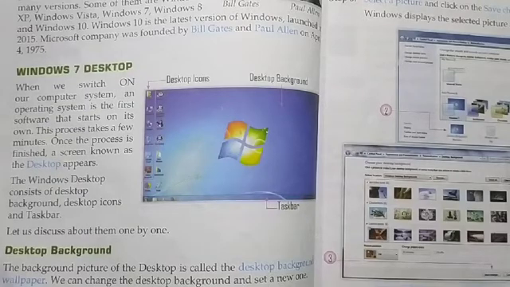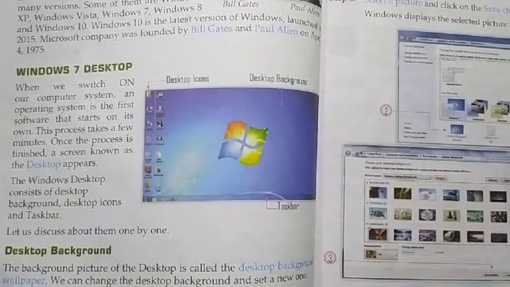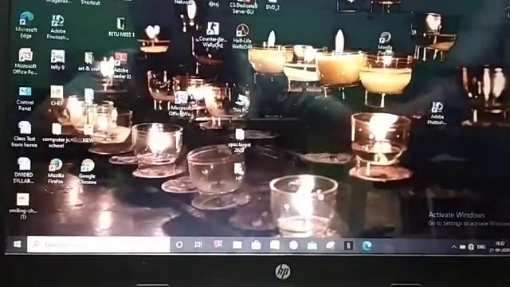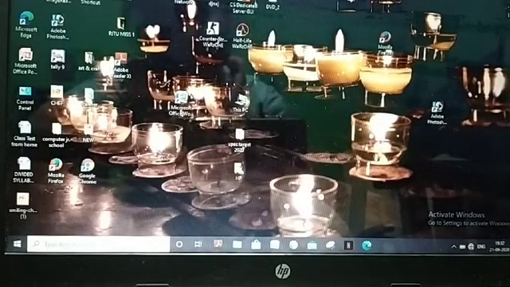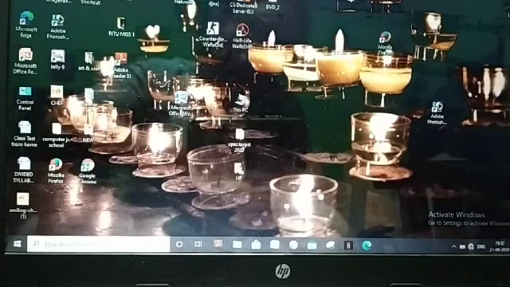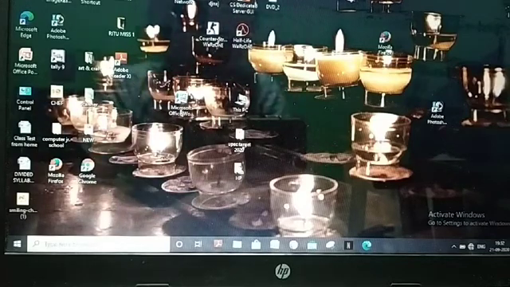In the book we are starting Windows 7. So this is Windows 7 Desktop. There are various versions of Windows. Okay, I have Windows 8 in my computer. So more or less things are the same, but a few differences are there. So I'll try to teach you this chapter through my laptop. Okay, this is my desktop picture. You can see on screen. This is desktop.